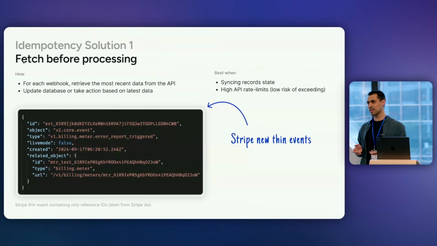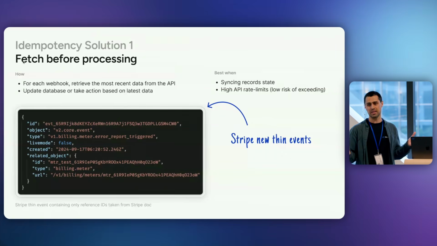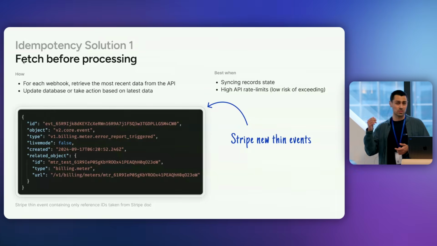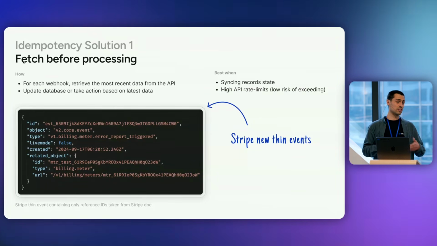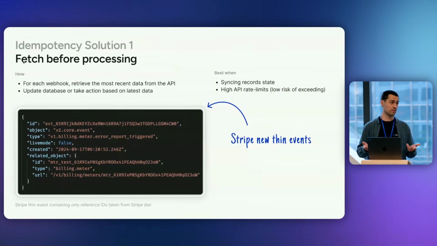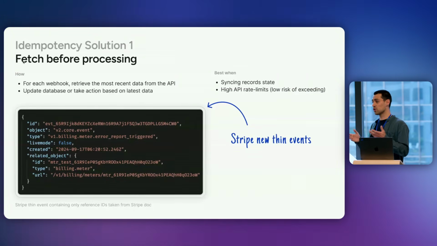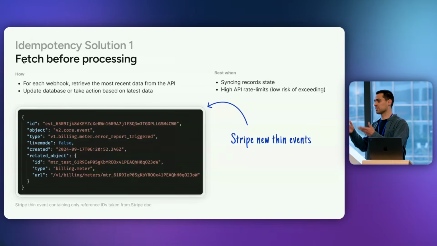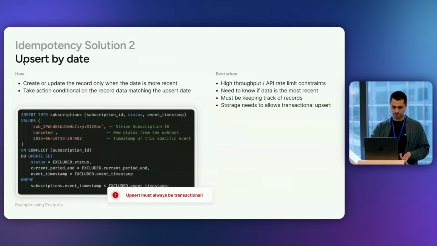The advantage of that is now you don't really have to care about order, because you use the notification just as a means of showing something happened, and you always refresh the data from the data source. Now that has constraints though, because you have API rate limits, right? You might be fetching from Stripe or from Twilio or whatever, and if you're trying to populate that data too often, you run into rate limits. And so it scales only to some extent. It also only works if what you care about is just the state of the object, in the case where you're doing record syncing, for instance.